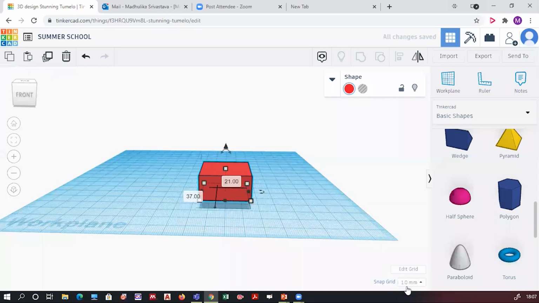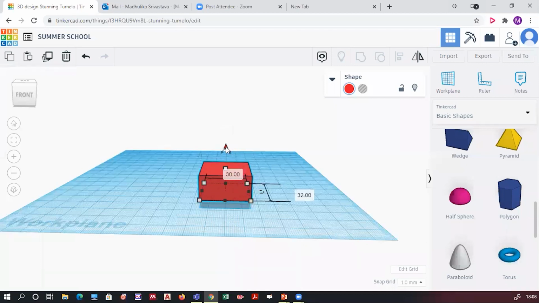Because my snap grid is set to 1 mm. Now I click on this snap grid, I'll get multiple options. I can move it by 2 mm, I can move it by 5 mm, and multiple options. By default it is set to 1. Changing color and shape, coming to that, don't worry.